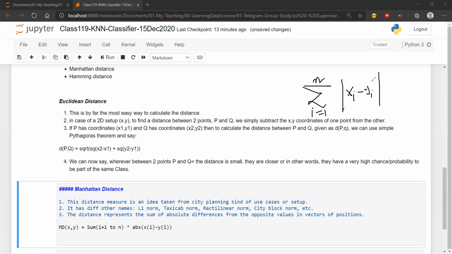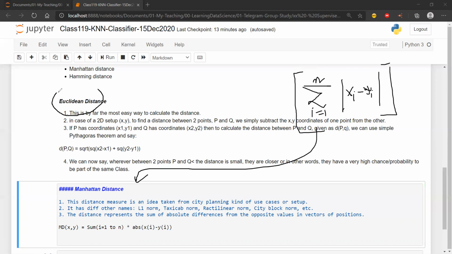Now, the reason why in some cases Manhattan distance, given by this formula, is better than Euclidean distance is because in Euclidean distance I'm taking a square root after doing a square and a summation. This is just math, no rocket science.